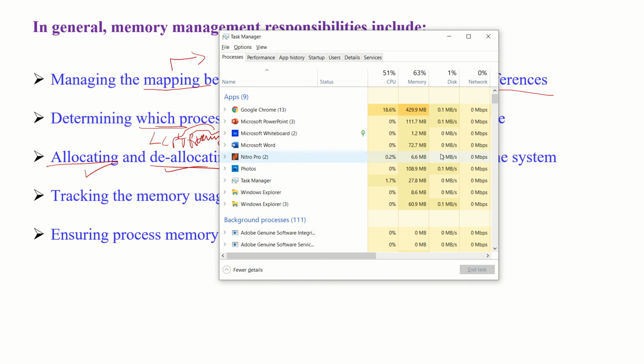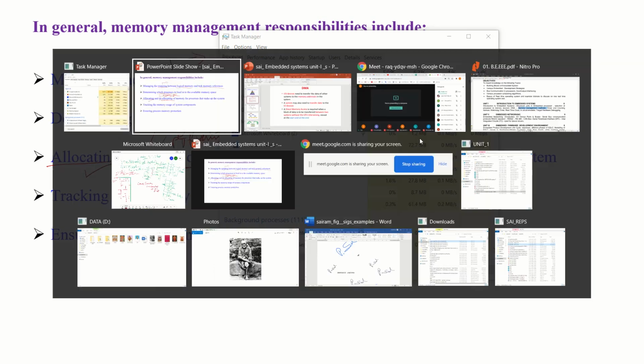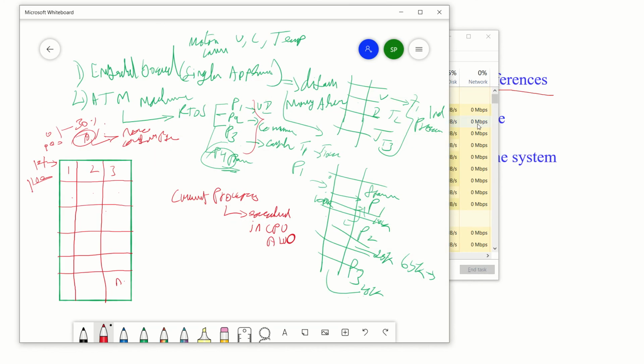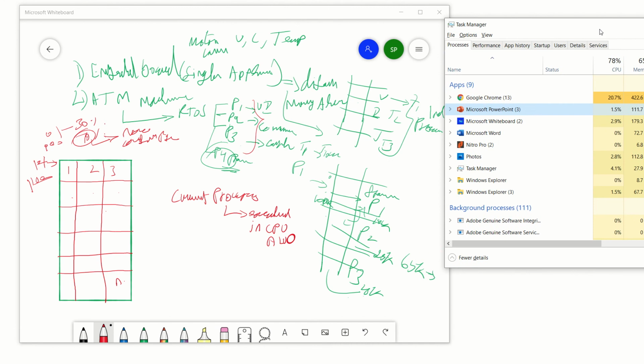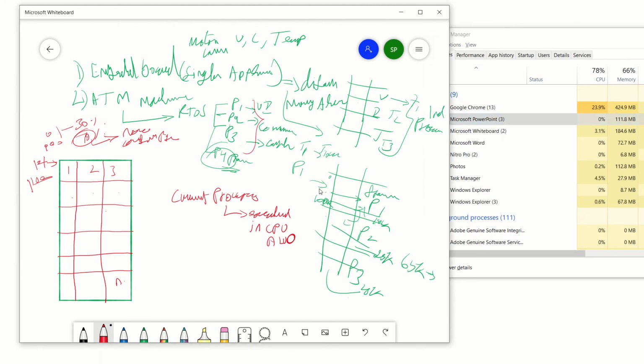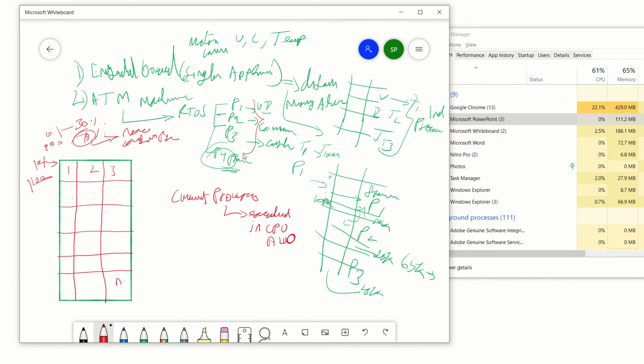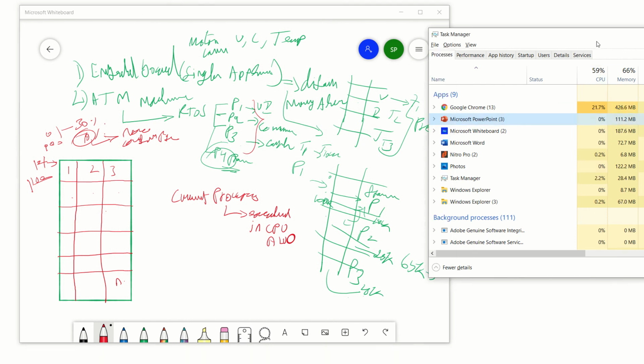Please see that the Whiteboard is 1.2 MB. Now I am going to open the Whiteboard, right? So please see, for the Whiteboard operations and other operations, I am going to use the Whiteboard. Microsoft Word and the Whiteboard operations. The Whiteboard memory is now 186 MB. It may increase, right? And the CPU will increase like this.